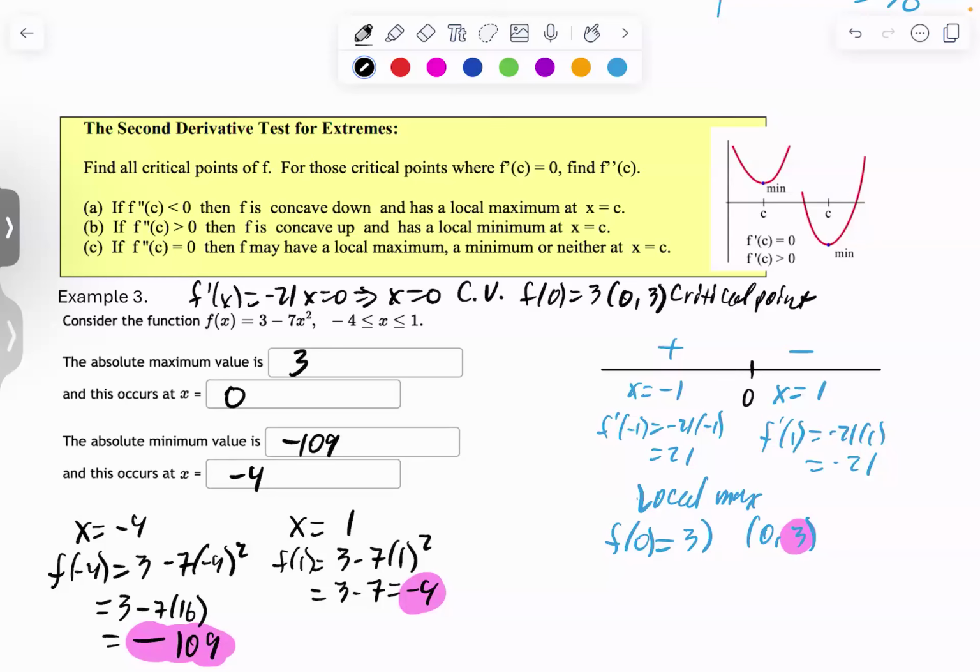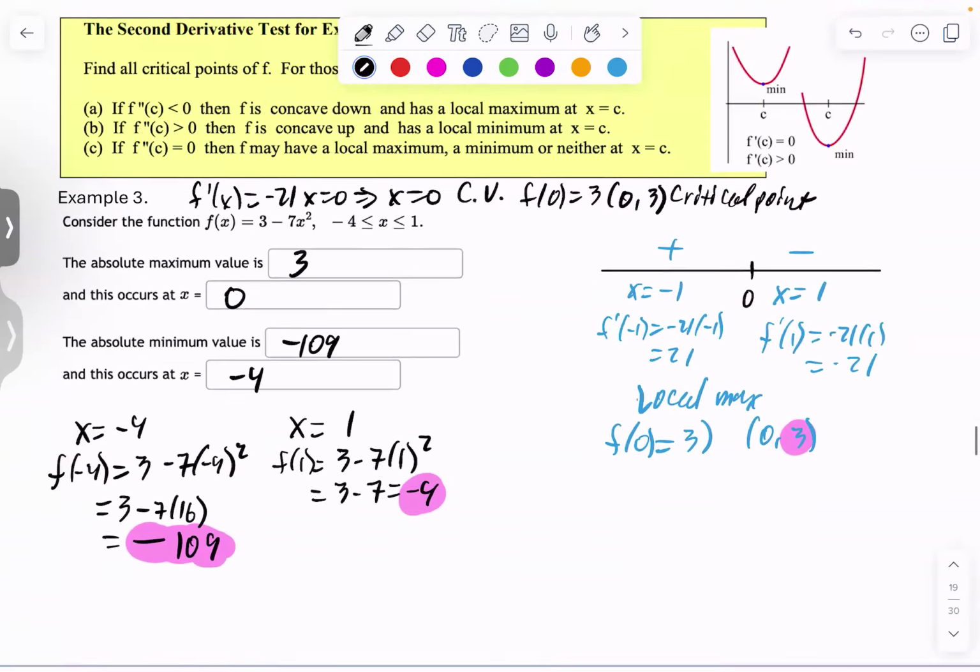So here's our absolute minimum, absolute maximum. Now, when x equals 1, y equals negative 4, that is going to be a local minimum or maximum, but it's definitely not an extreme. The extreme means the largest y value and the smallest y value over the entire interval, and we have to check the endpoints as well, which is what we did. All right, let us move on,